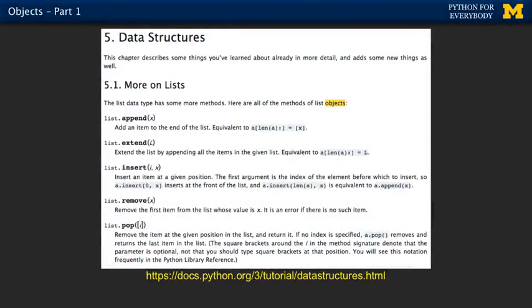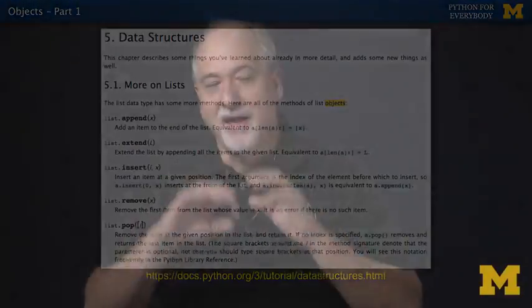So the word object has been in a lot of the words I've said. We've been reading documentation. They say the word object. What is an object? Well, it says here the list data type has some more methods. Here are the ones that list objects have, and that means the objects of type list. And the list data type has methods. Methods are these things that are functions built into objects. And I've said these words before, and now I want us by the end of this lecture to know these